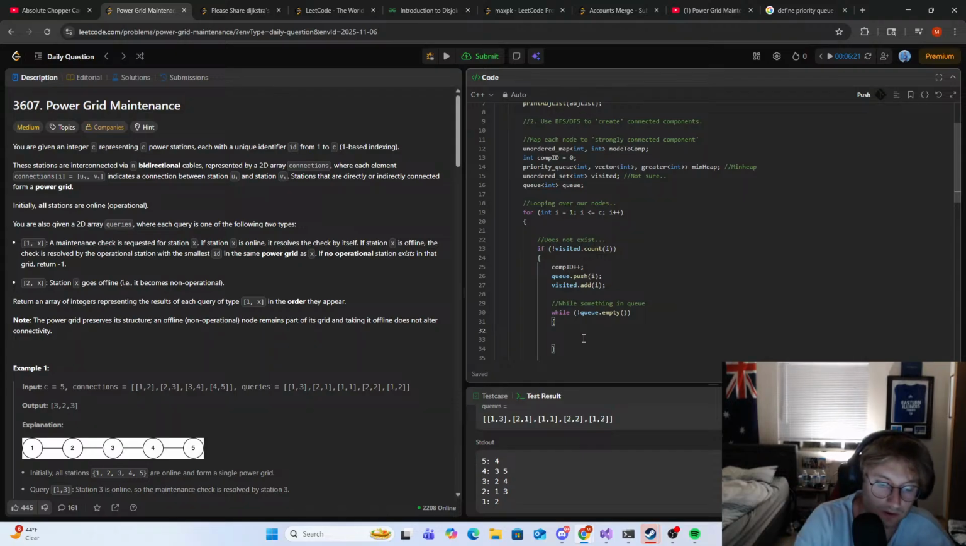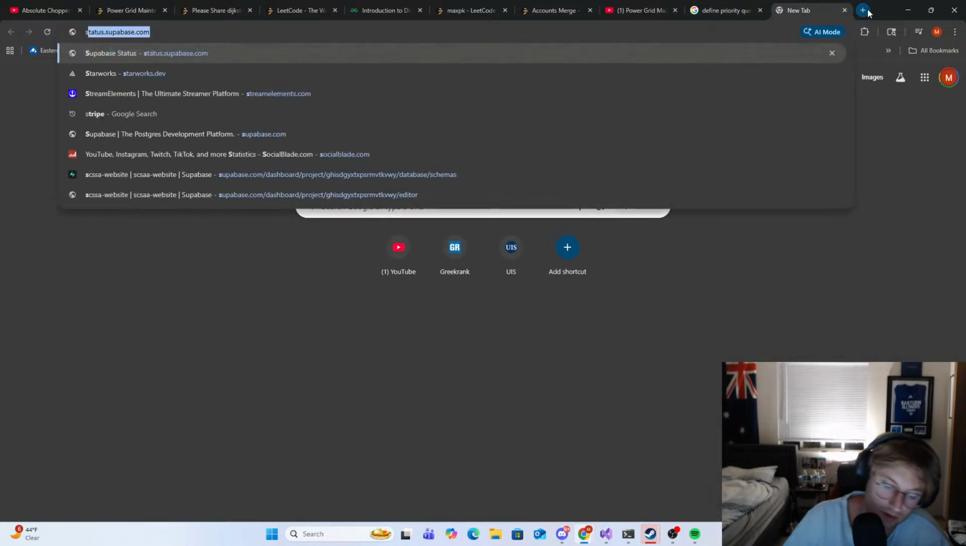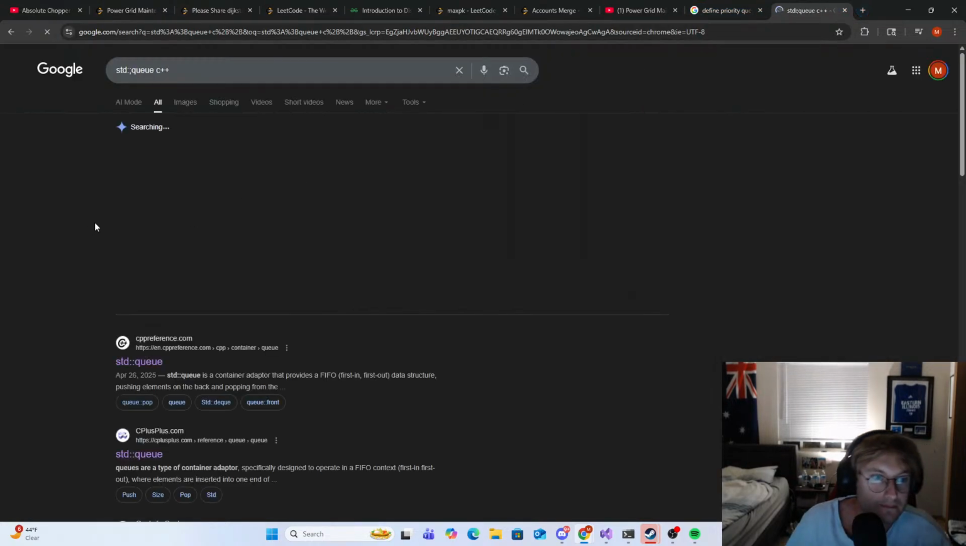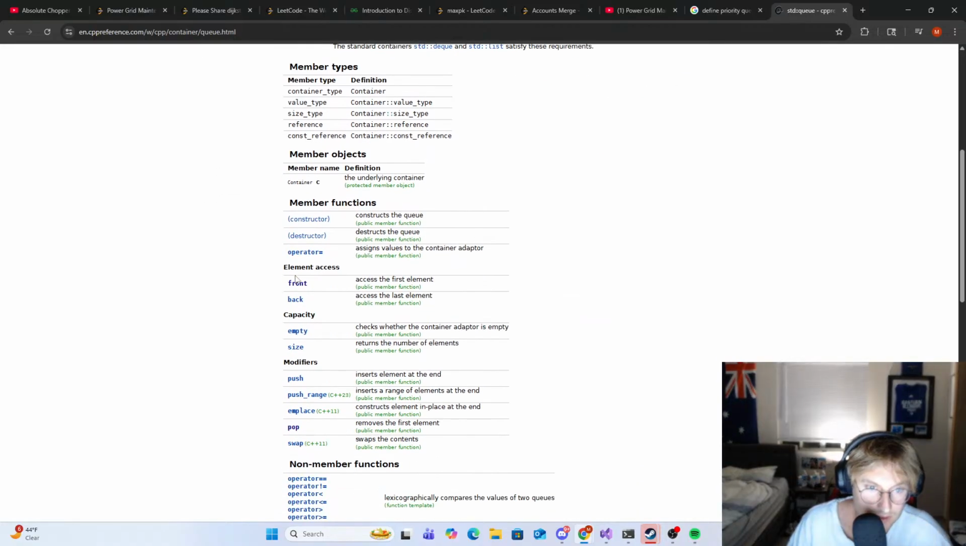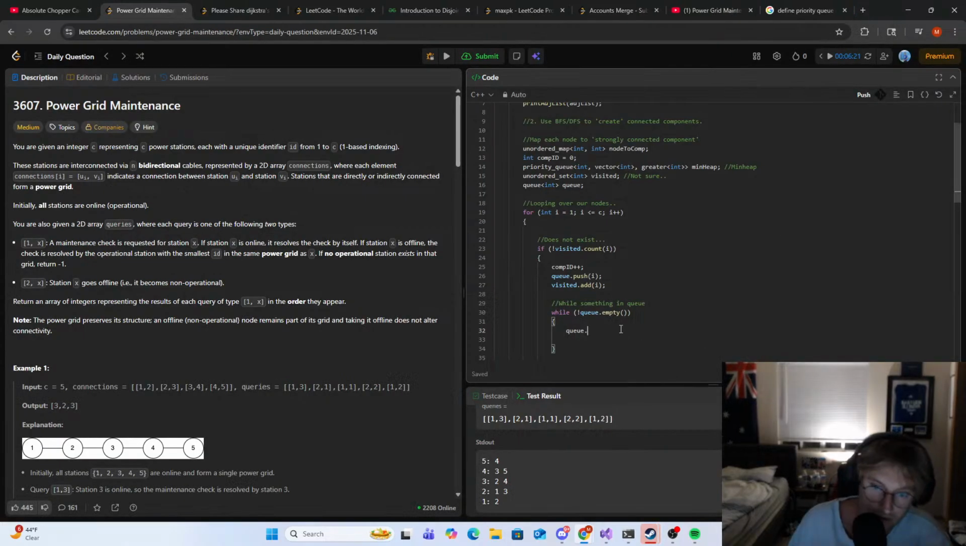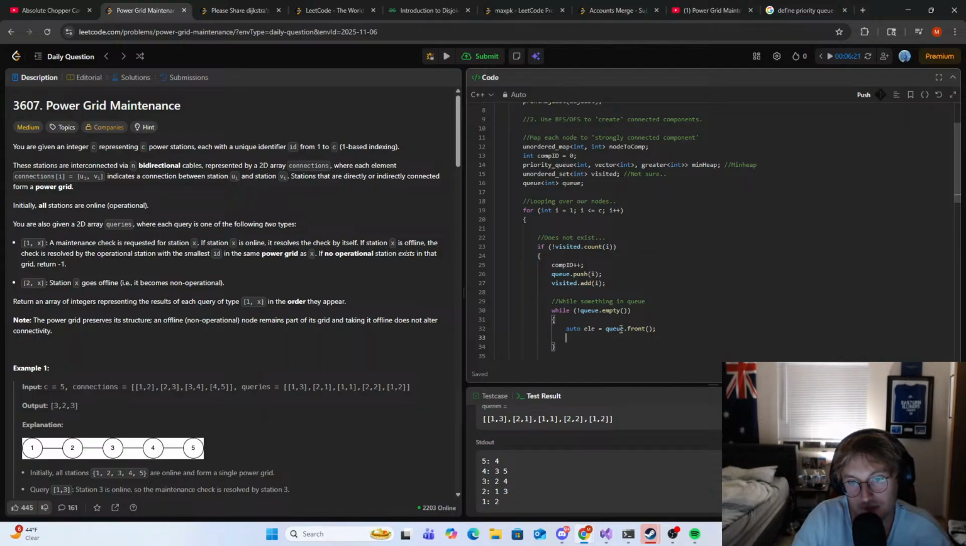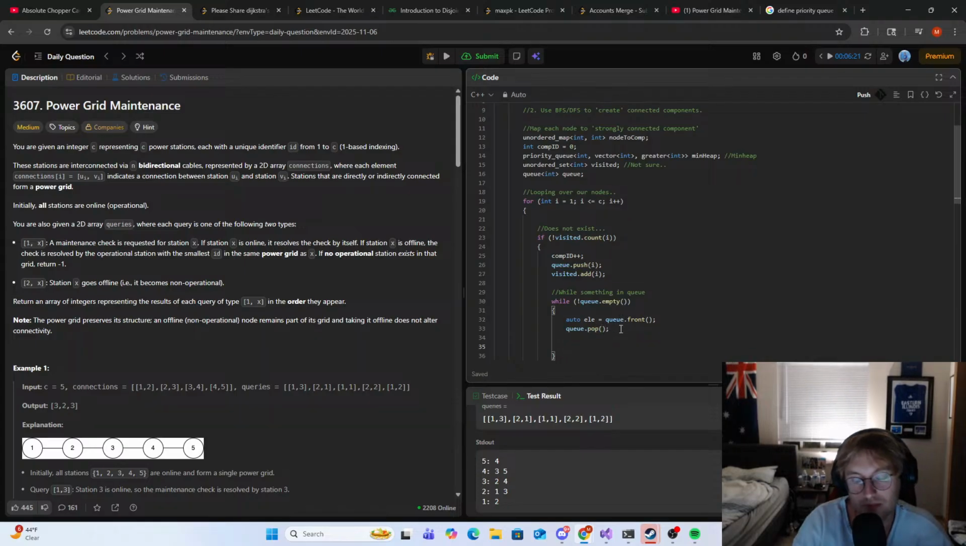We want to pop, so we go q dot, I think it's top. Q dot front. Q dot front, right? So we can go like auto it's q dot front. And then we can go q dot pop to pop, right? We then want to add it to our node to composition, right? So we would go, okay, well,